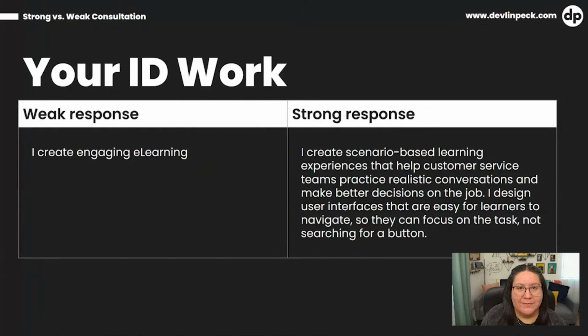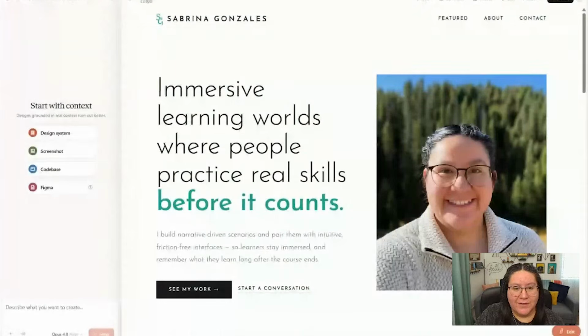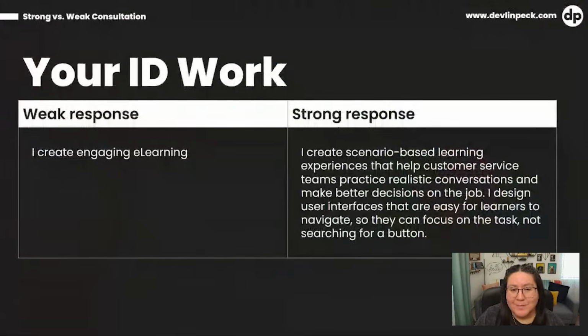The reason we want to be specific here is Claude is going to use this throughout the whole website. So it can help draft some of that hero text, right when you land on the page where your picture is. It can help draft it based on what you tell it about your ID work, but it's also going to carry that throughout your website. One of the tests that I did, I told it that I target healthcare clients, that's who I like to work with. And so it changed a lot of the language so that it would make sense to that audience. So if you're very specific here, it's going to help put that throughout your entire website. Again, helping target your audience and sound more like you,